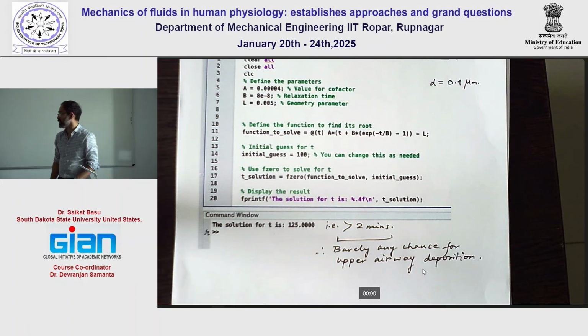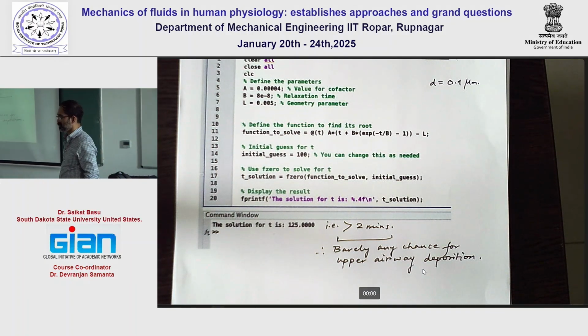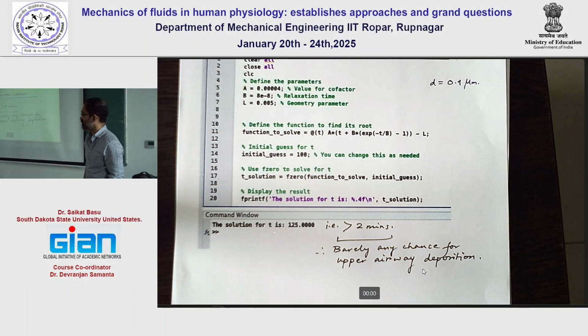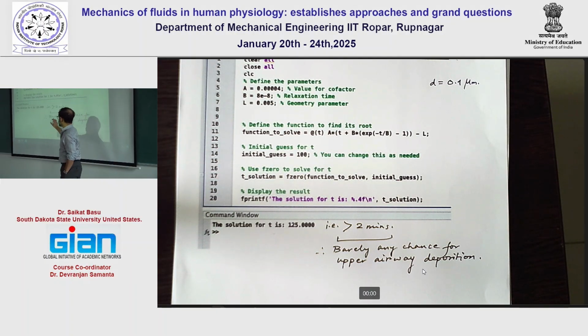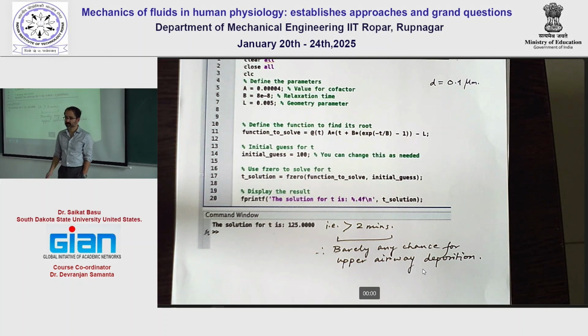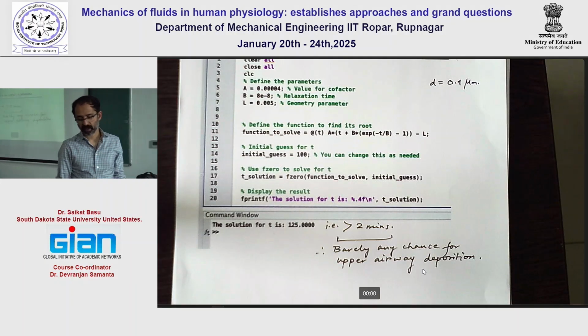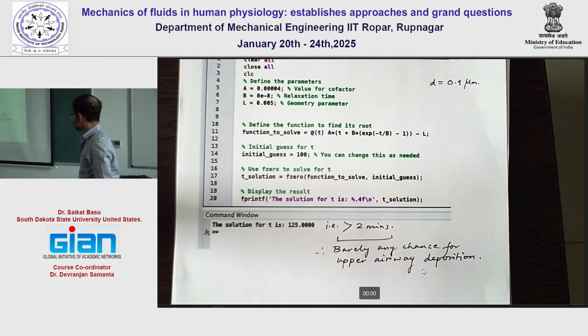And for 0.1 micron, realistically, even while running CFD simulations, we don't see much upper airway deposition. So although I have kept the word barely, it could be as good as there is no chance of upper airway deposition. On the other hand, if we had picked something like, say, 1 micron or 5 micron,